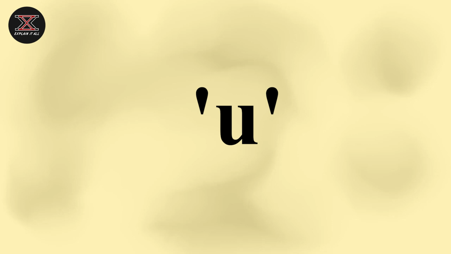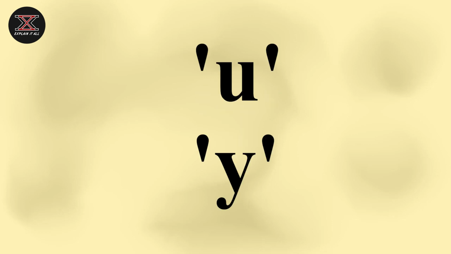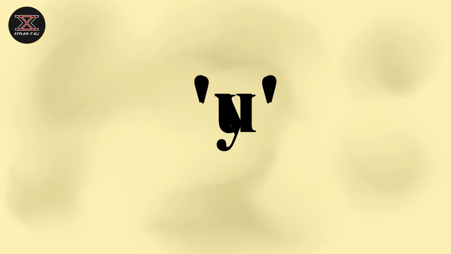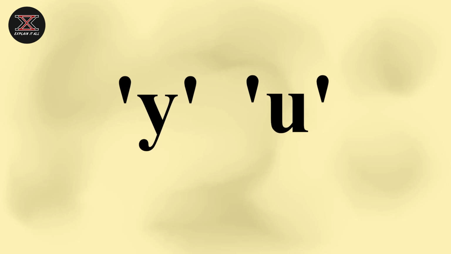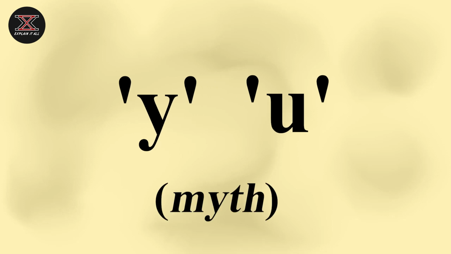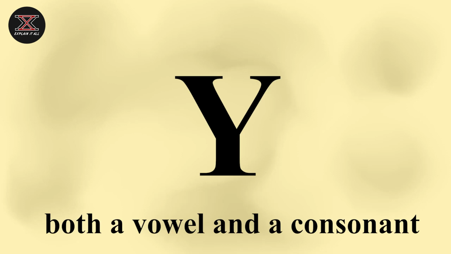However, as Latin evolved and spread, the letter started to be used for both U and Y sounds, especially in words borrowed from Greek. By the Middle Ages, the letter Y began to be distinguished from U in English, specifically to represent a vowel sound as in myth. Over time, Y solidified its place in the alphabet as a letter that could function as both a vowel and